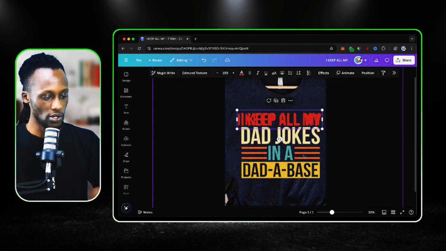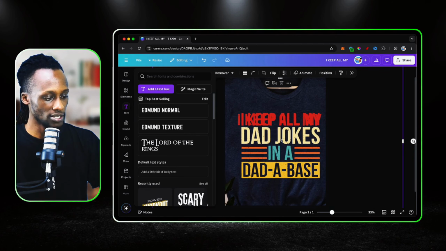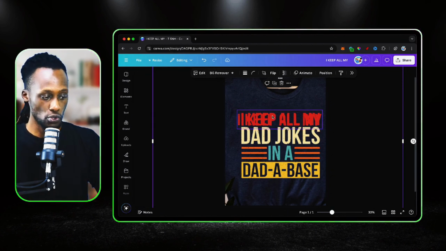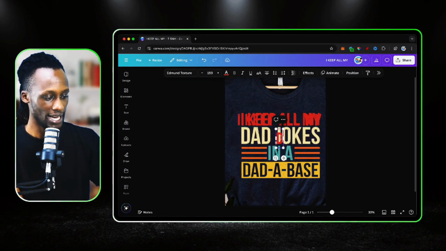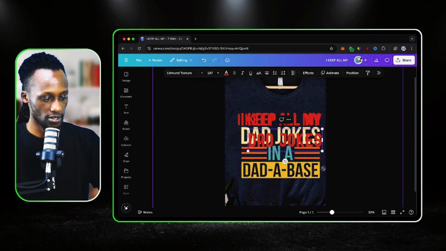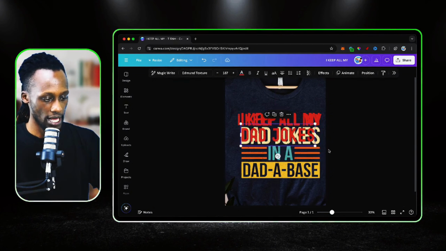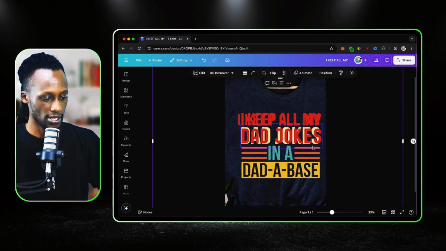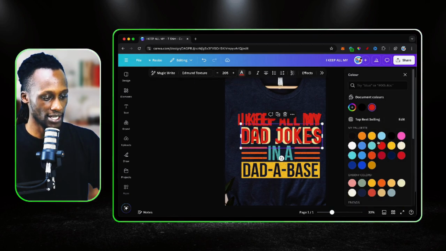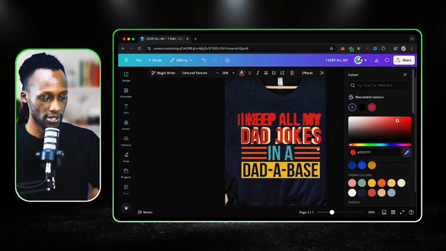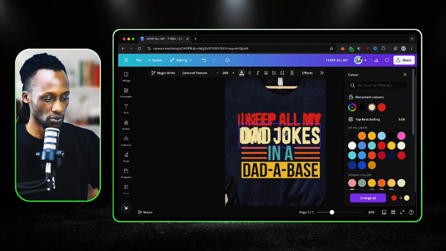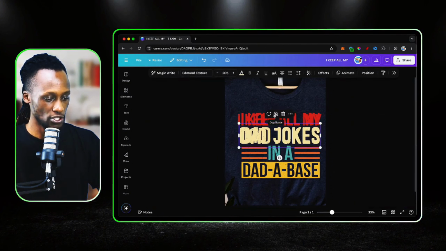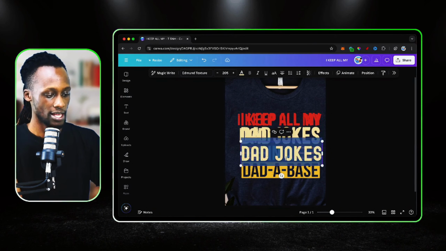Move it down. So let me show you. You can add a text box for you to write the dad jokes, but how the pros do it, click it, and then duplicate it. Then just write dad jokes, and you can spread it around like that. It's very simple. Same process, come up here, text color, get the dropper. Let's look for that color. It's good. Perfect. Dad jokes there, and then duplicate it again, write NA,